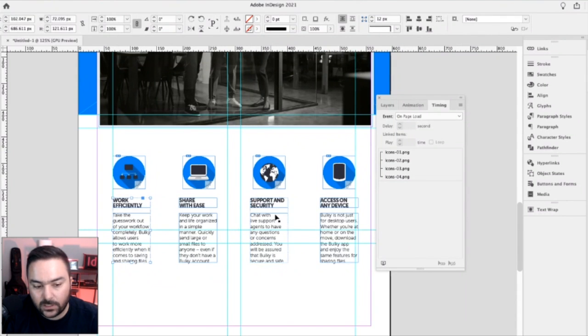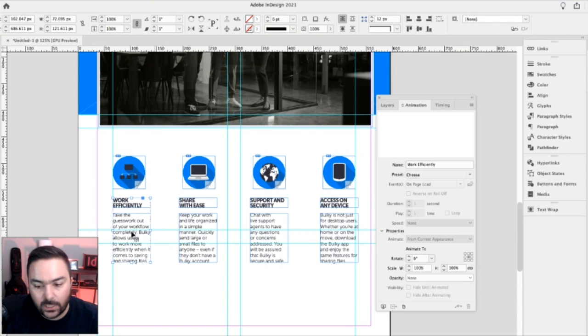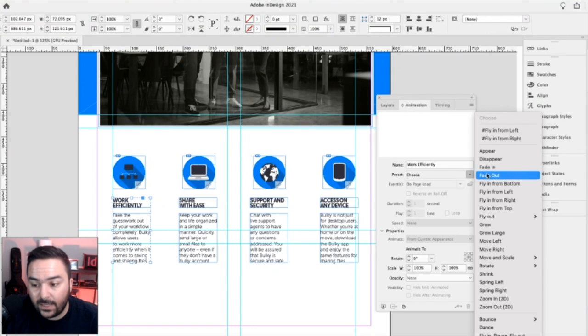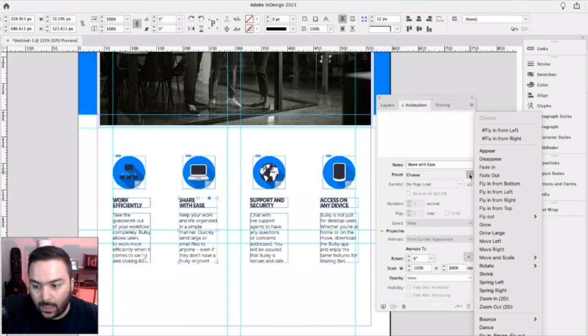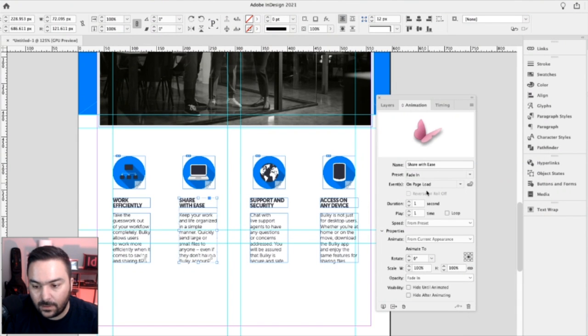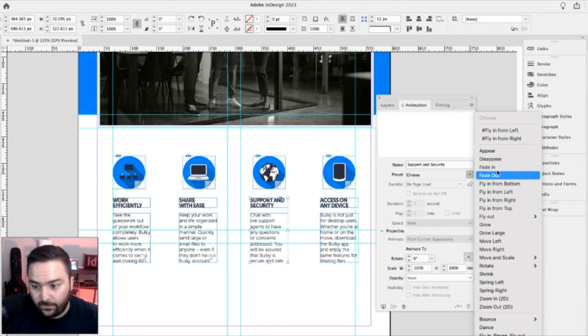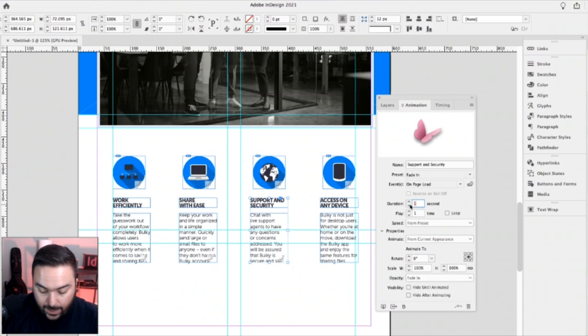Now, as a last bit here, let's go back to animation and add a fade in animation to these information pieces. So on page load is fine, 0.5 fade in, and do the same thing for the others. Basically, all you're changing for these is adding the preset of fade in and then changing the duration time.